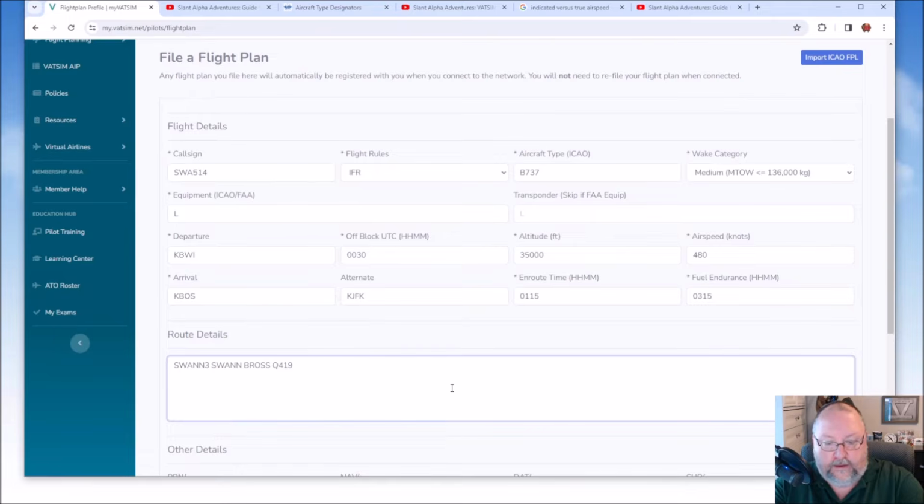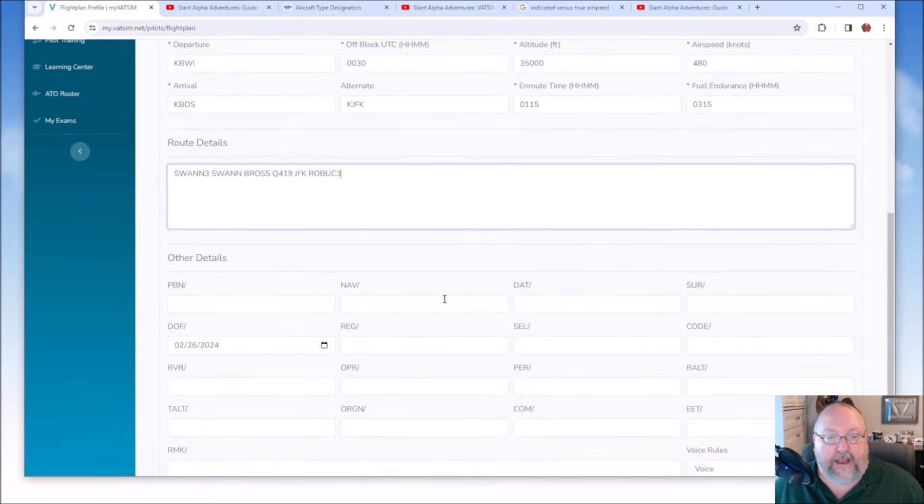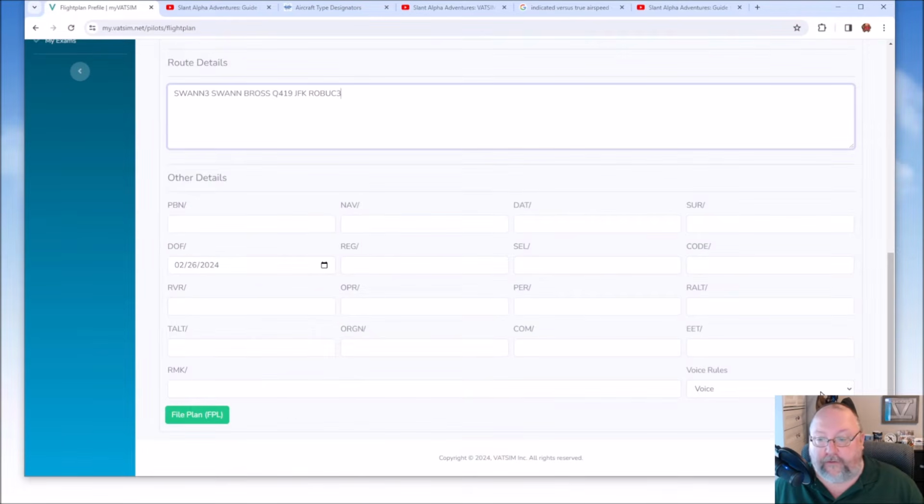U419 to JFK and then the Roebuck 3. So there we go. We are then going to skip down past these 16 fields. We're going to come back to that. These are the advanced fields that we're going to talk about. These are all optional, but I'm going to direct you to the bottom line here, the remarks field and the